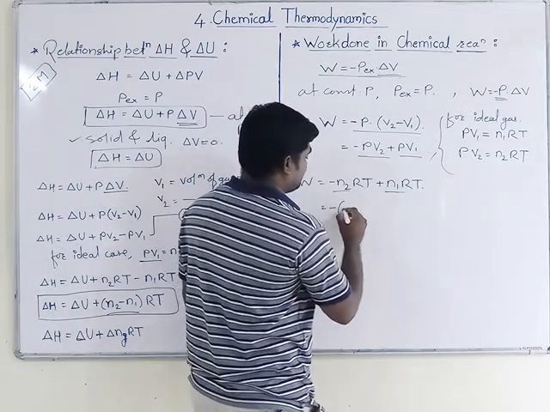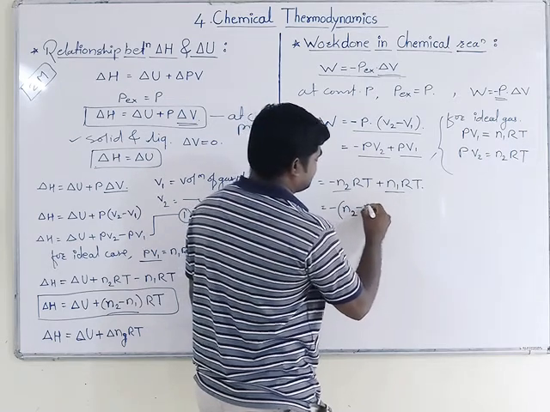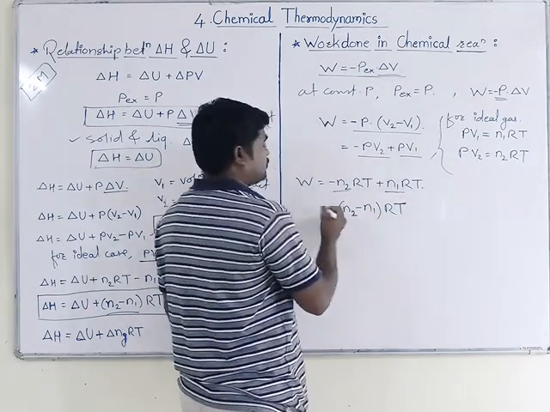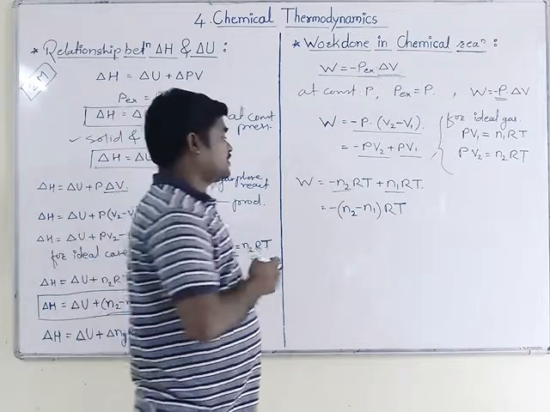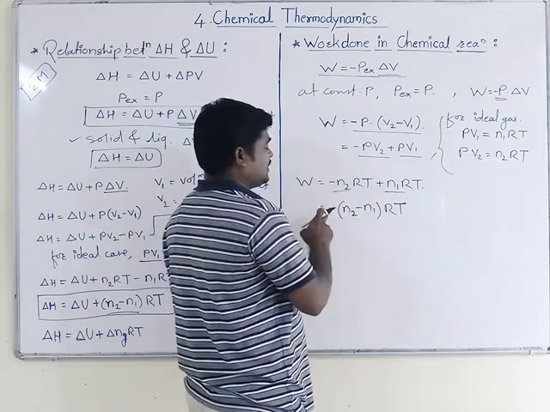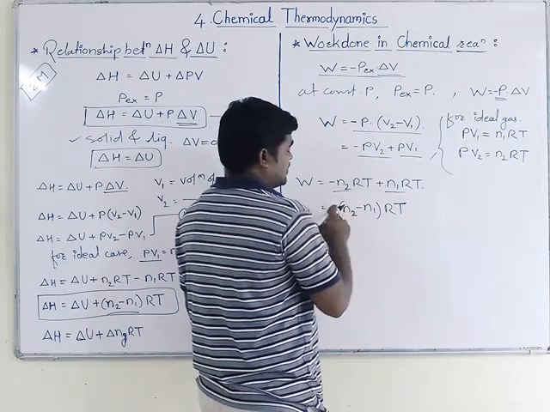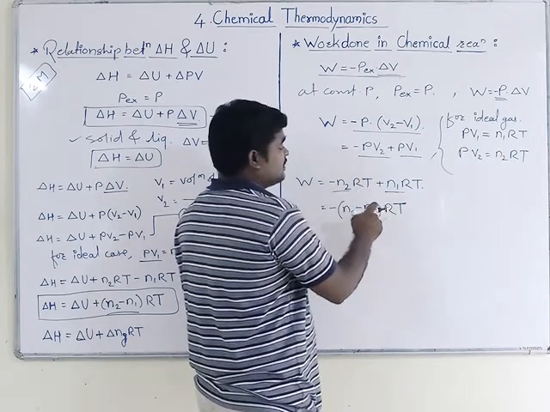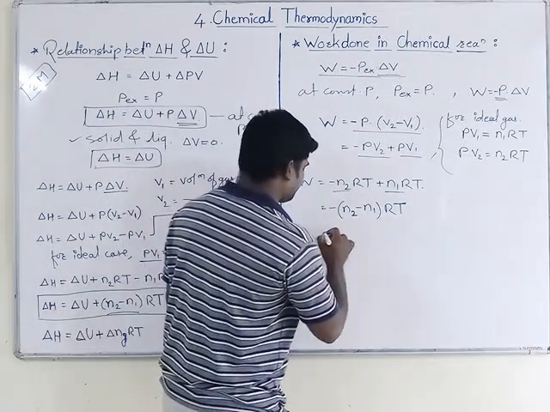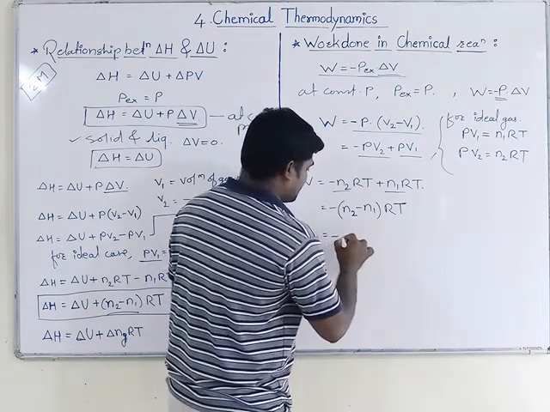that is N2 minus N1, times RT. Now when I have taken this minus sign outside the bracket, if you multiply inside the bracket, then you will get this equation. Look here: minus N2 RT, and minus of minus becomes plus N1 RT. That's why I have taken this minus sign outside the bracket, and I can write here N2